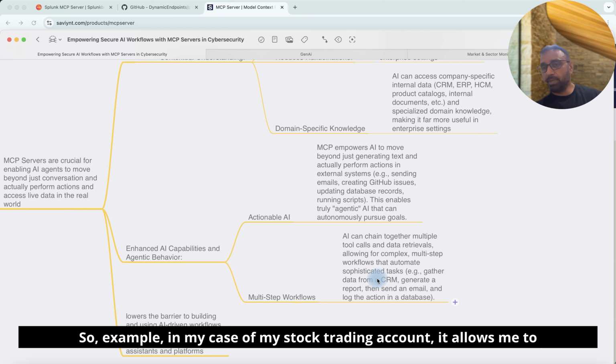So for example, in my case of my stock trading account, it allows me to sell positions, reduce positions, etc., add new positions. In terms of the enterprise infrastructure, it allows you to send emails, create issues, update records, run scripts,